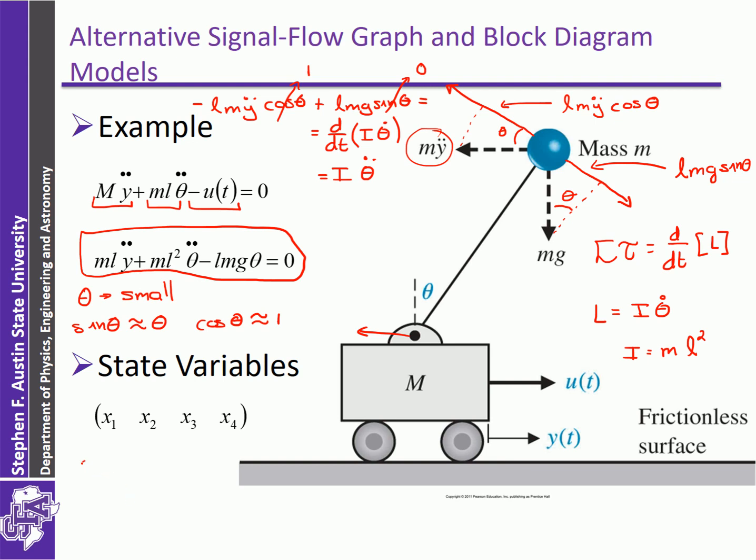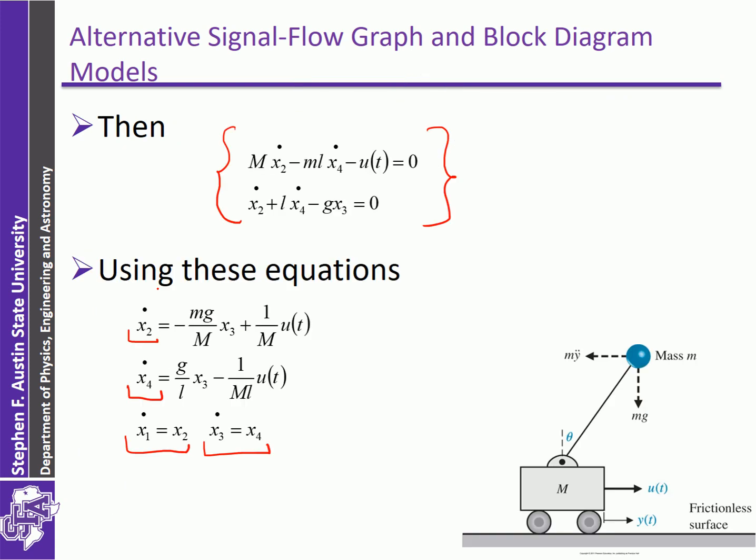In this case, x1 will be equal to y, and x3 is equal to theta. So using this, I substitute these state variables back into our differential equation, giving me basically